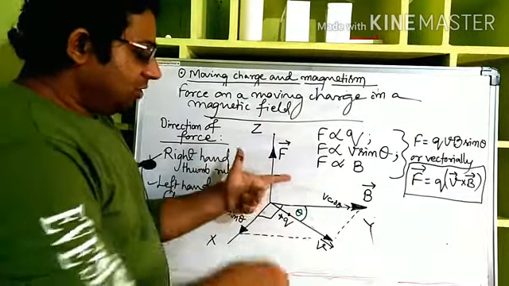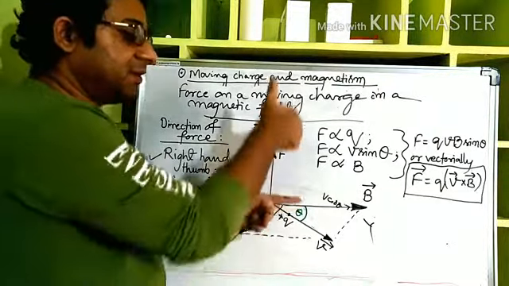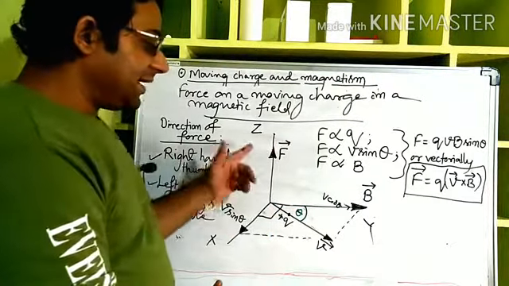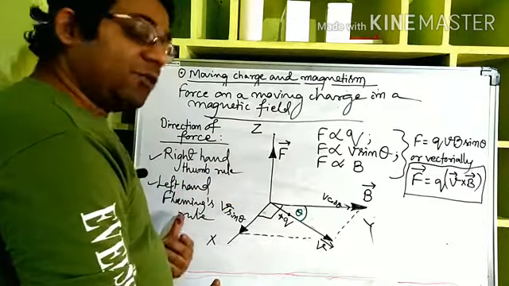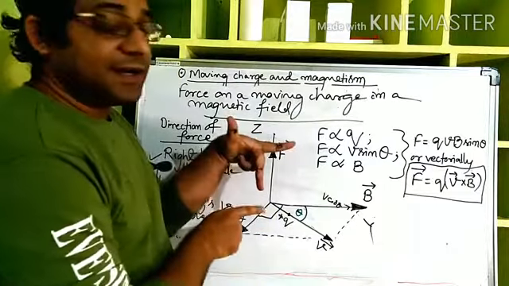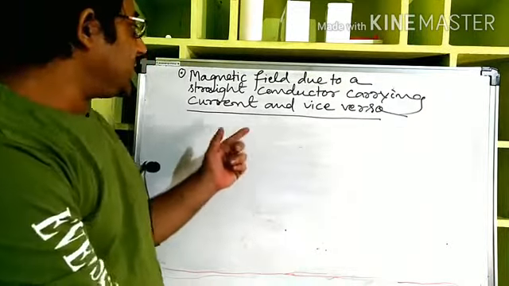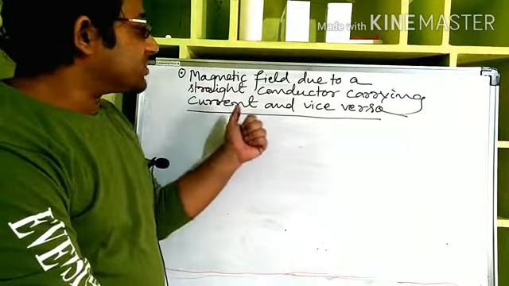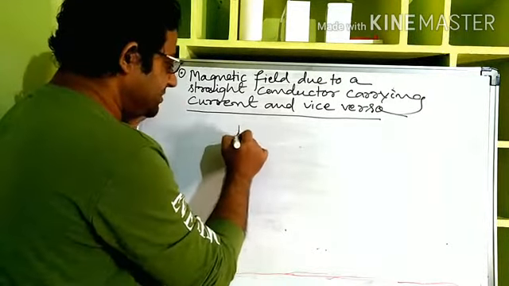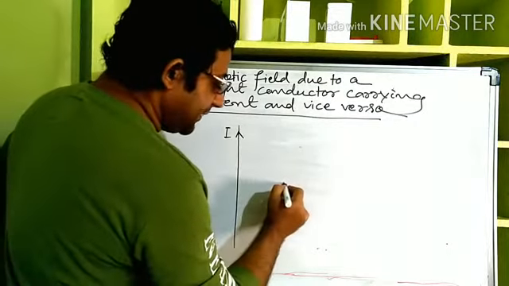And also from V to B, if you curl your right hand fingers, the thumb is showing the same direction only. So you apply the right hand thumb rule or left hand Fleming rule, you can get the direction of a force. But left hand Fleming rule is preferable. Right, left hand Fleming rule is used only when the magnetic field and the current directions are perpendicular to each other. Here, the next concept we are going to learn is magnetic field due to a straight conductor carrying current. Now suppose there is a conductor which carries some current, let us say I. Because of this, what is the magnetic field at any point?